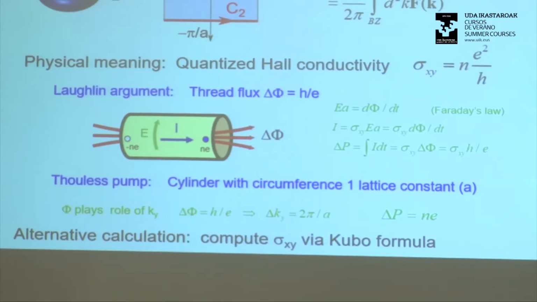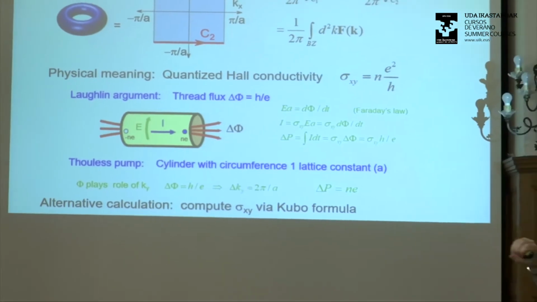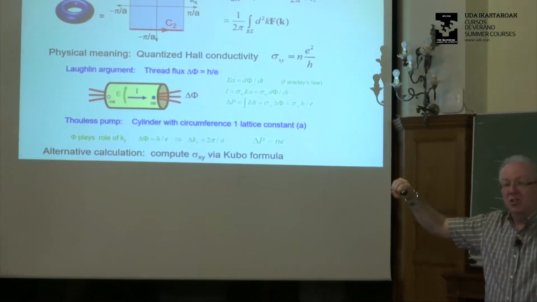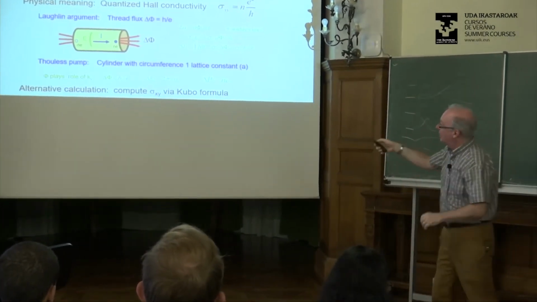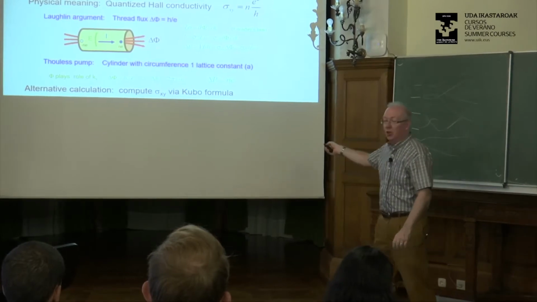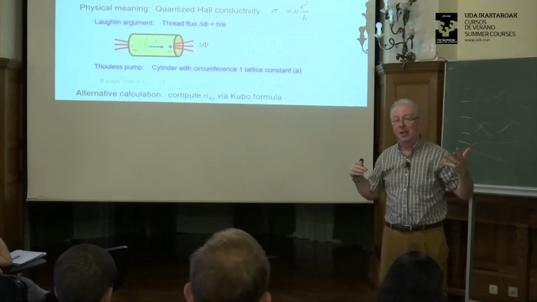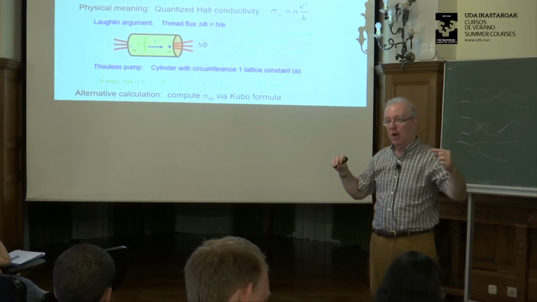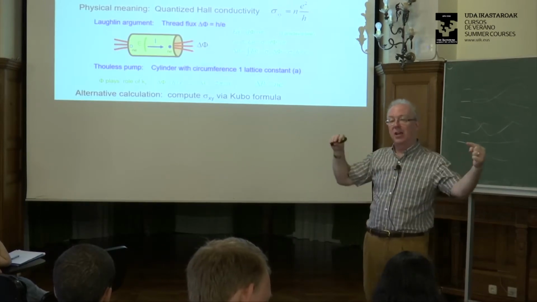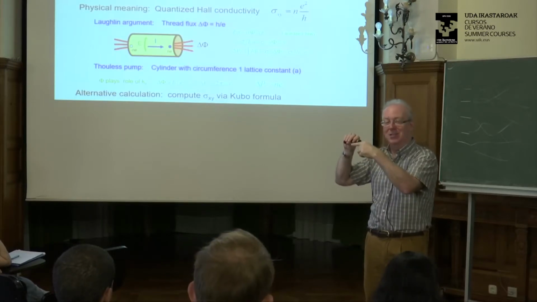And so basically what this Laughlin argument does, on treating the quantum Hall effect on a cylinder, is it turns it into a Thouless charge pump. So think about this cylinder as a one-dimensional system, where the flux going through it is my parameter that I'm tuning. So Thouless tells us that when I thread a flux quantum through, I've come back to where I started. The spectrum is exactly the same.